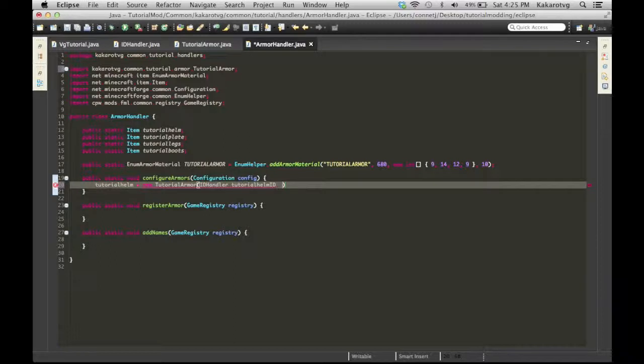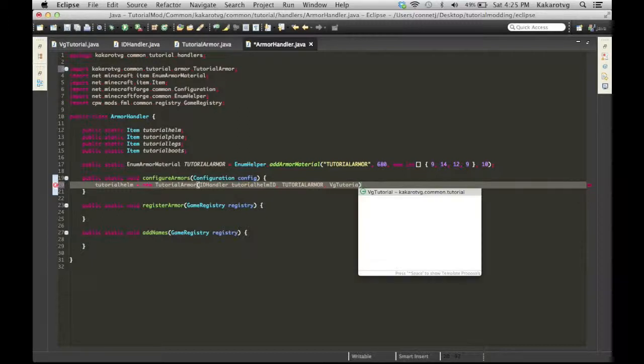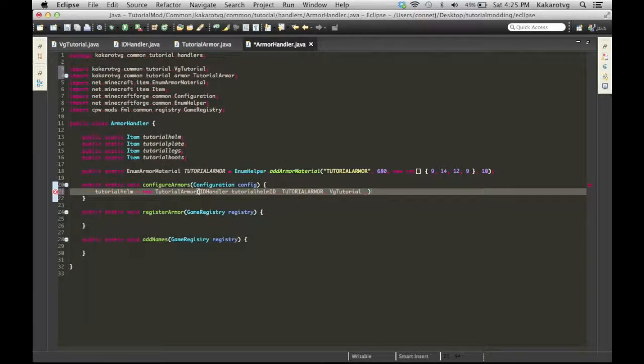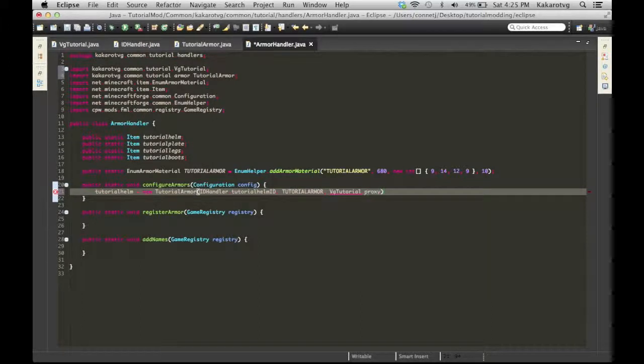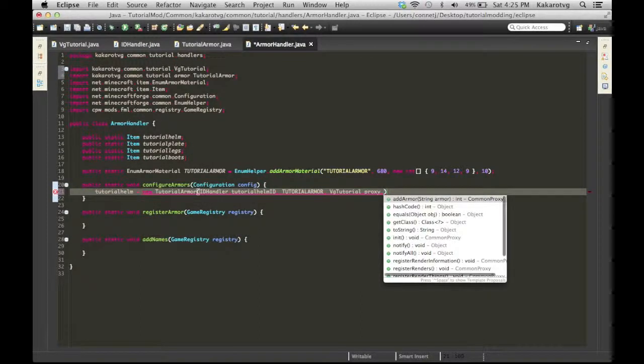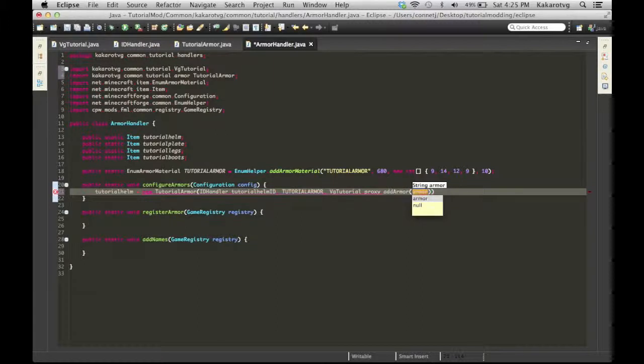Then the name of the enum, which is tutorial armor, comma, gg tutorial dot proxy dot add armor,